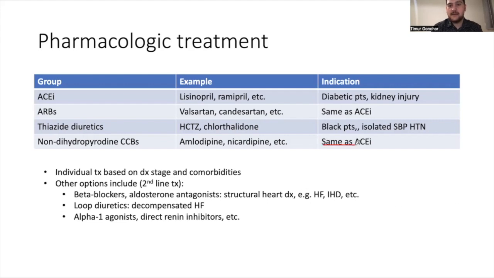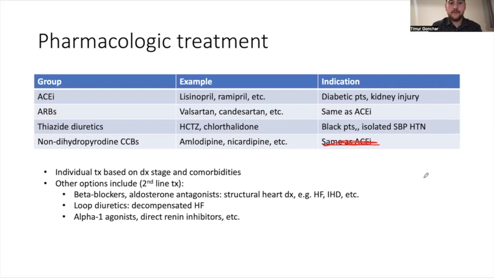Actually, that sounds the same as ACE. It's not right. It's the same as thiazide diuretics. And those are the first line treatments. Some second line options are beta blockers or aldosterone antagonists, for example, for patients with chronic heart failure, because those drugs are going to have cardioprotective properties, so the patients are going to